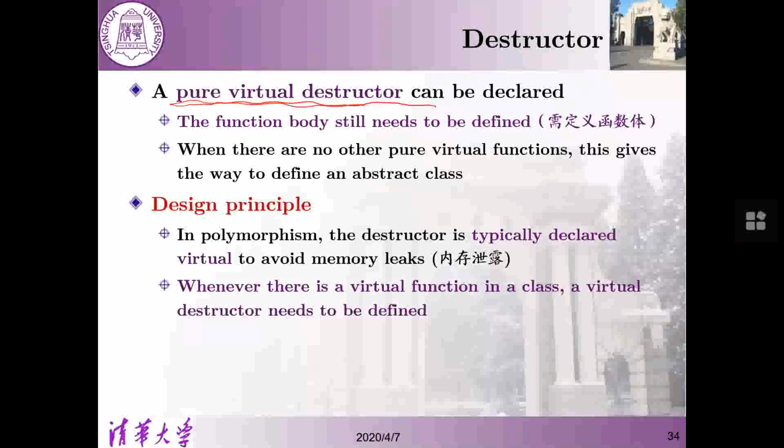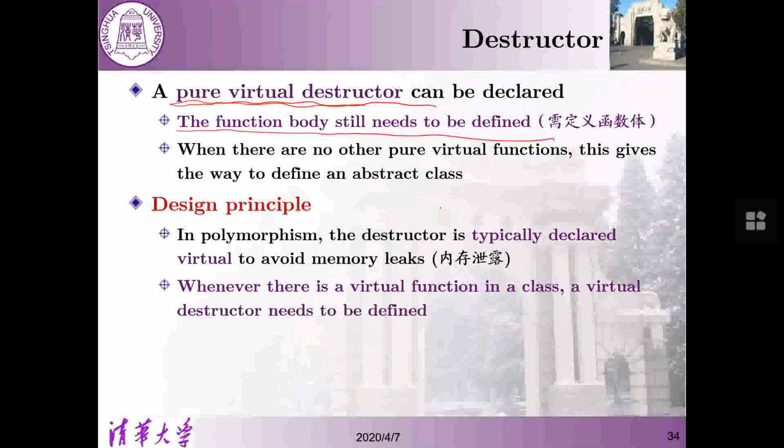Because a destructor is also a member function. As long as we have one pure virtual member function, we have an abstract class. For the pure virtual destructor, the function body still needs to be defined